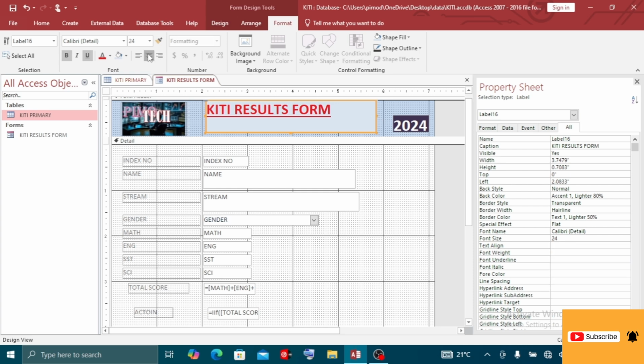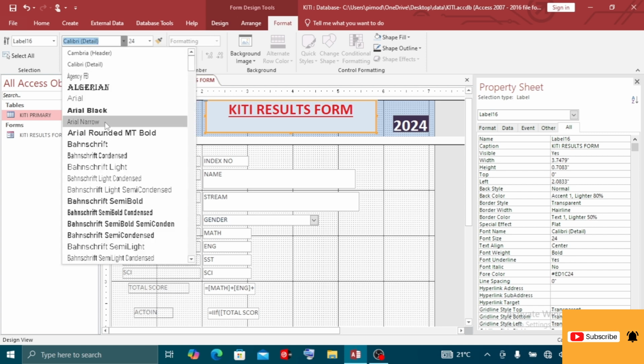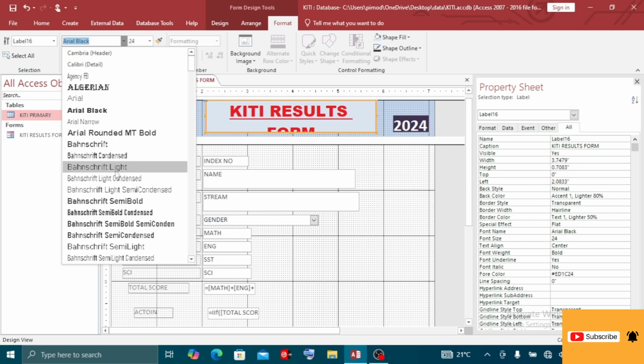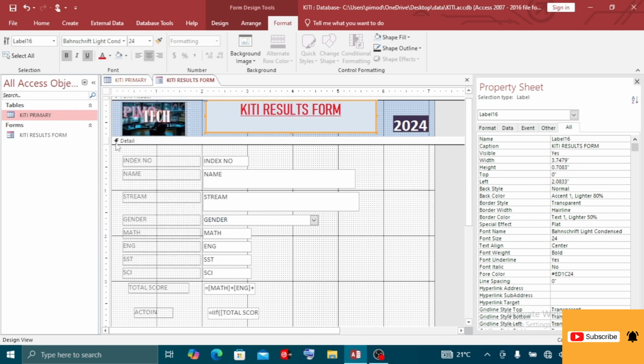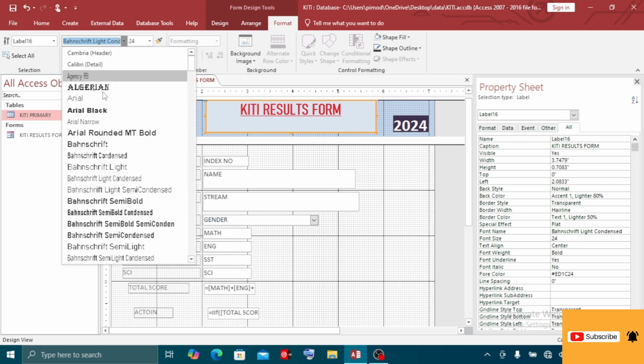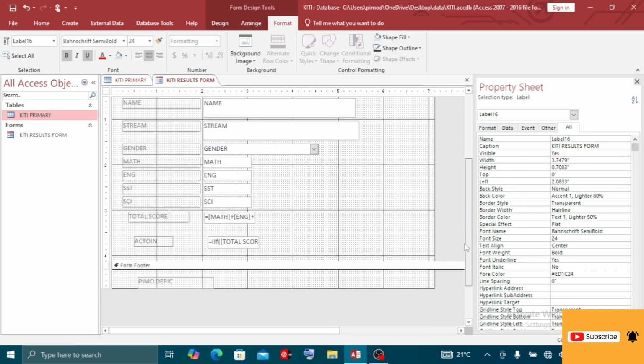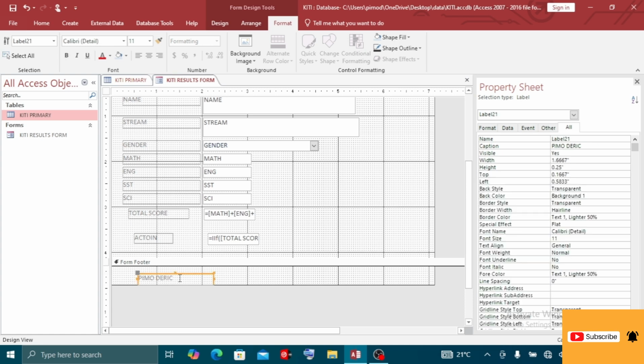You can center the header and change the font family to either that, or you look for another one, even that one. So with formatting, you can use any style you wish to use. So from there, you can come back even below here and you format the header. You select